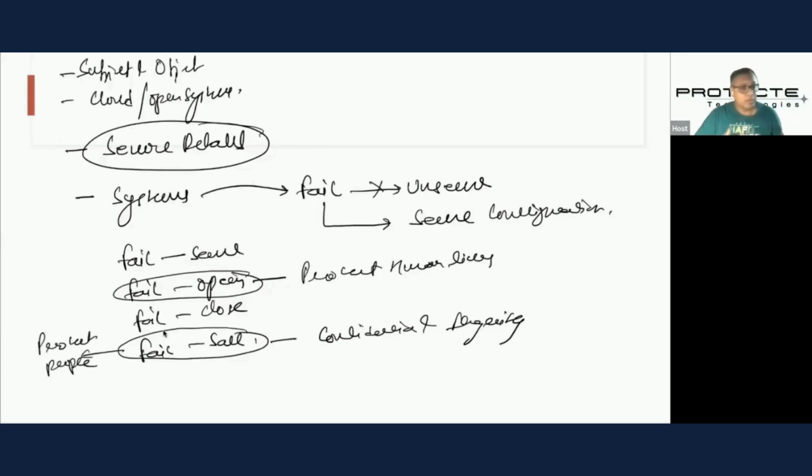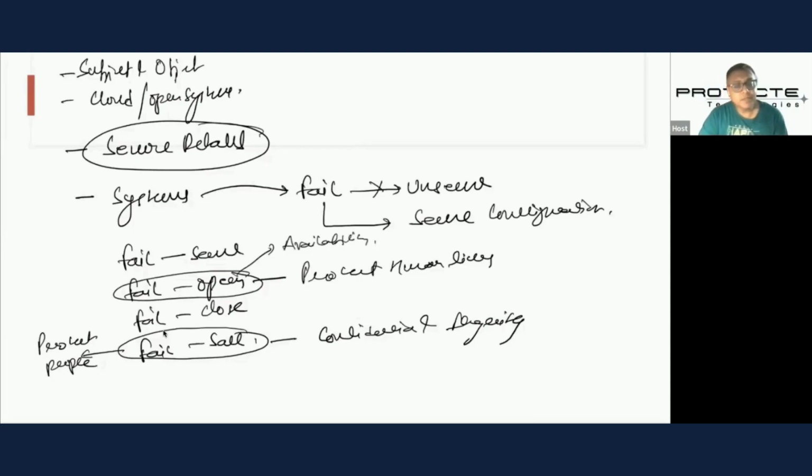Say you are in a room which is not affected by fire, and the door closes because it senses that people are there. The system controls might do that, so you have to evaluate the situation. Are you trying to protect life? If you're trying to protect life, you decide whether you should close the control or open the control. But when it is information, whether it is fail safe, fail closed or fail secure, you're generally trying to protect the information's confidentiality and integrity. But fail open generally protects availability.